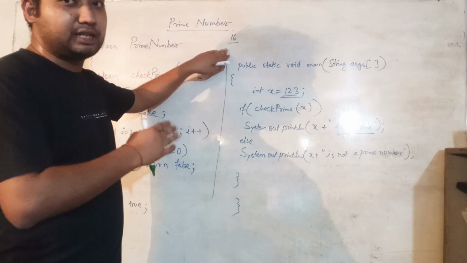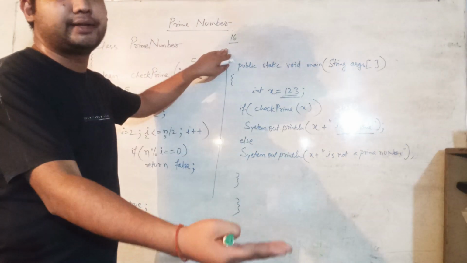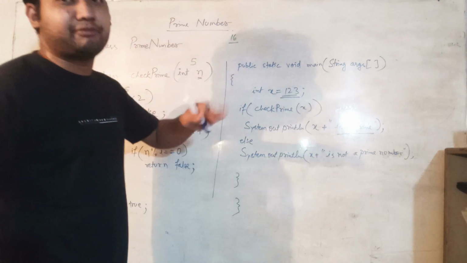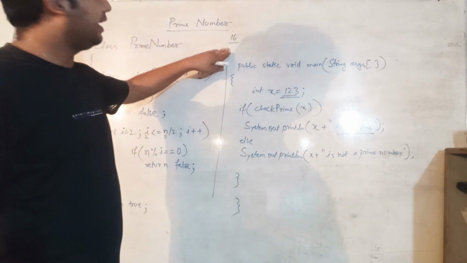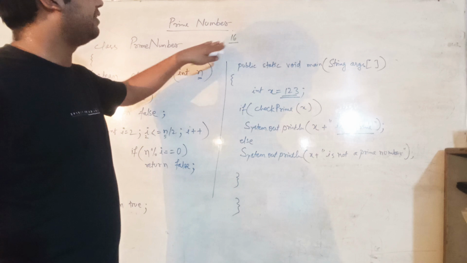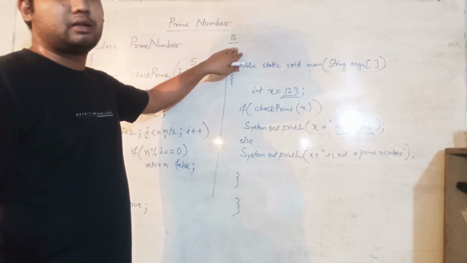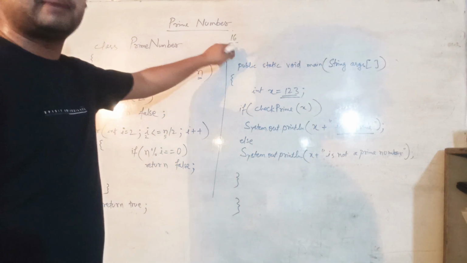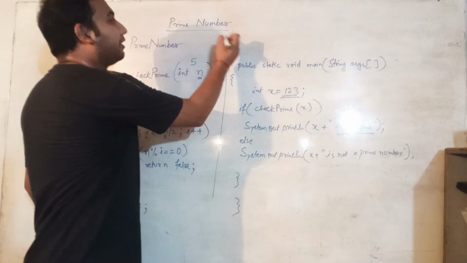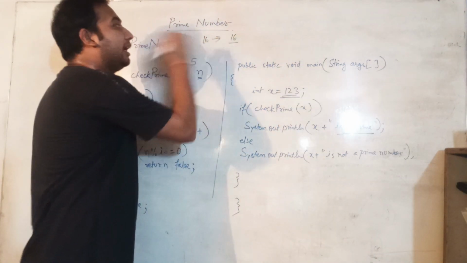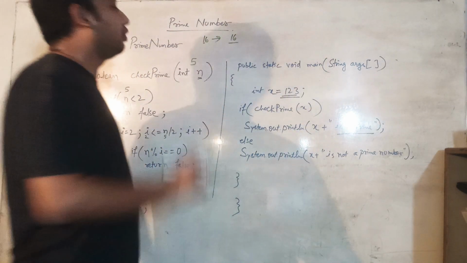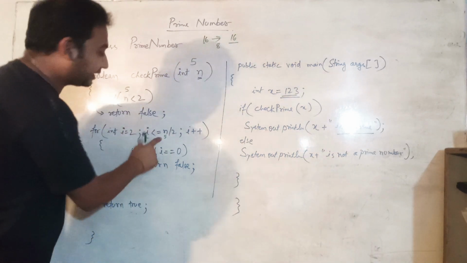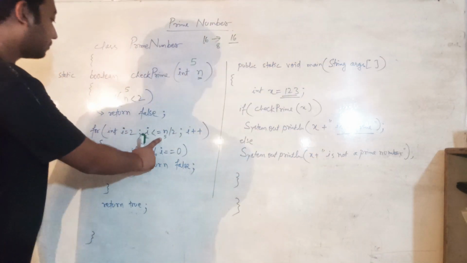Is it divisible by 10? No, 10 twos are 20. Are you getting it? So after 8, 8 is the last value by which it is divisible except 16. If you are not checking this number by dividing by itself, meaning if you are not dividing 16 by 16, then you can only divide this number till 8. Okay, this is the trick which I have used over here.